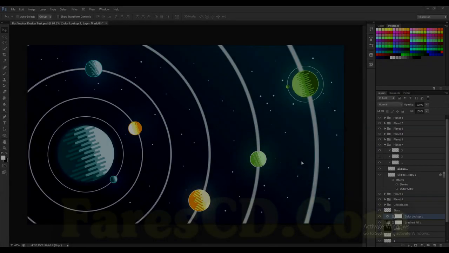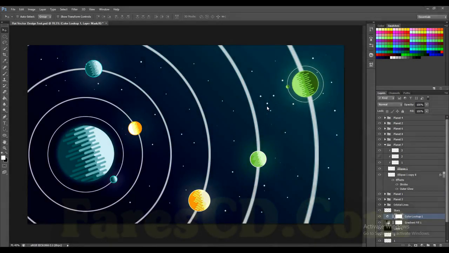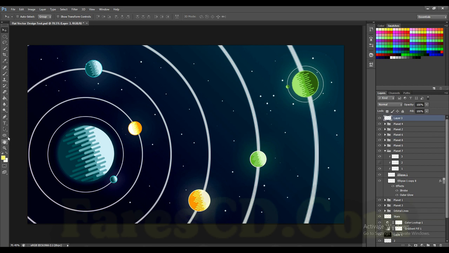Okay, so now we're done with pretty much everything here except for one last detail that I really want to add, and that is the comet. Comets are really going to improve the image right now. So if I just create a new layer here and put it all the way up, just so that it's above everyone,